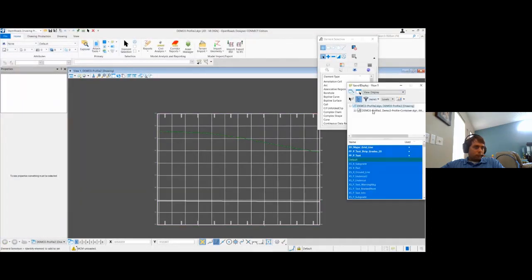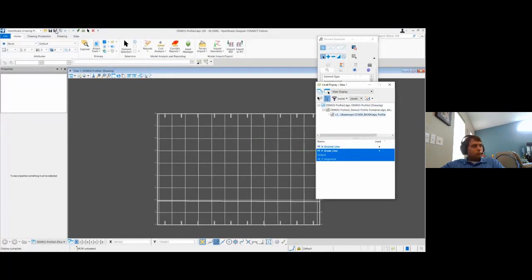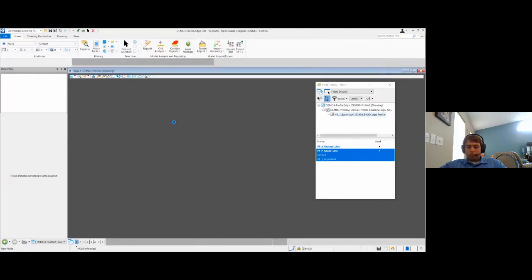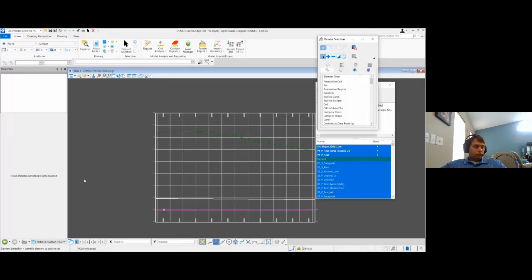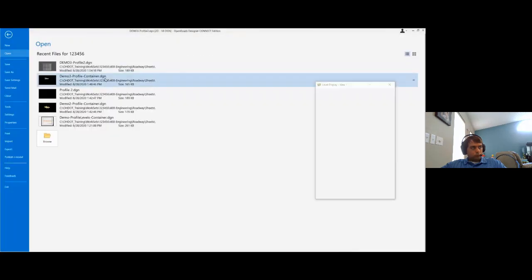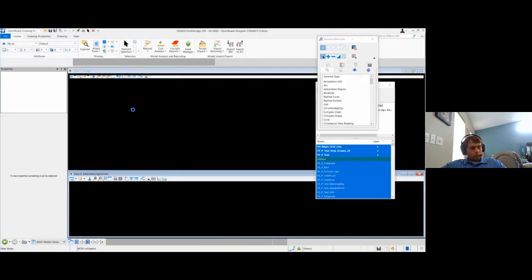And now if I come to my level display and I turn off that ground line again, I save settings and I reload, it should be back on. So display overrides is controlling that. All right, so now what I want to do is jump back to my container file, and I want to start adding in references and start really showing how this is working.